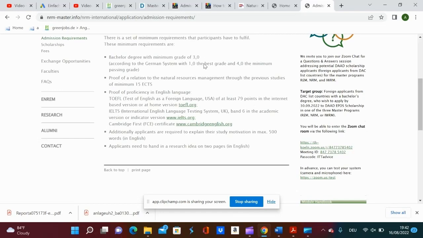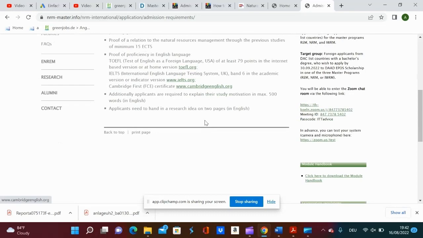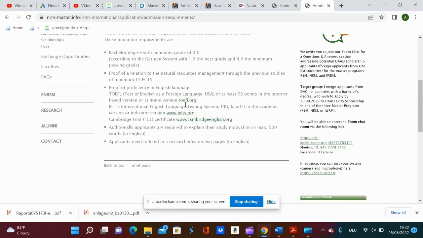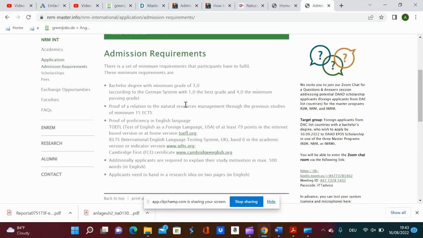This application is also done through UniAssist. It is not submitted to the school directly for international students. International students are supposed to submit the application to UniAssist. Since you have to pay, the KNUST student should not apply because he had 3.35, which is not the best. These are some of the explanations about the grade I would like to give to you.